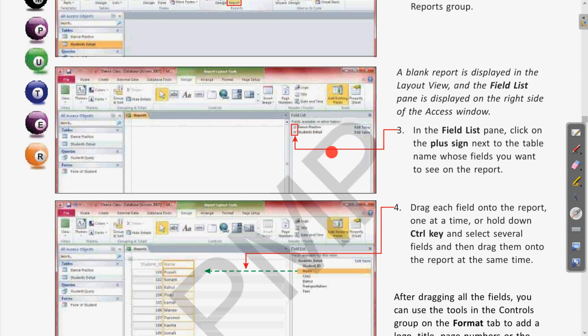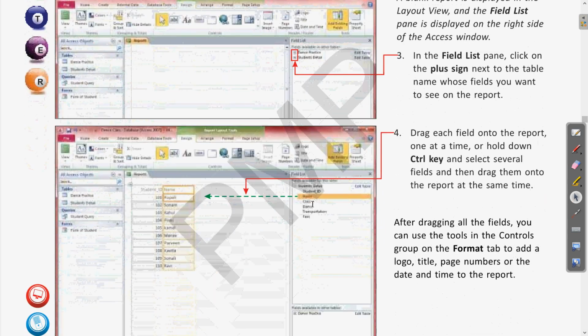From this field list we can choose the different tables, and these tables have the plus symbol with them, and when you click on this plus symbol, all the fields present in those tables will be expanded. Now from these fields, whatever field you want in your report, we can drag them to this area. Clear? So let us see this.